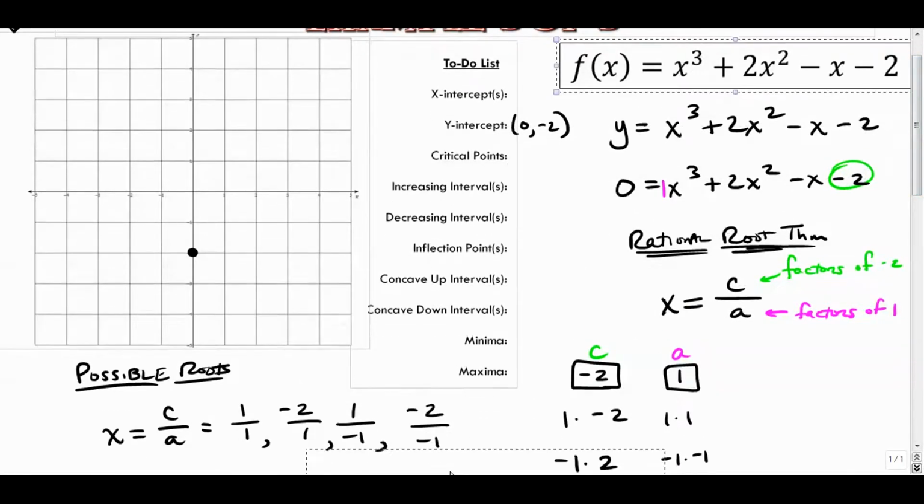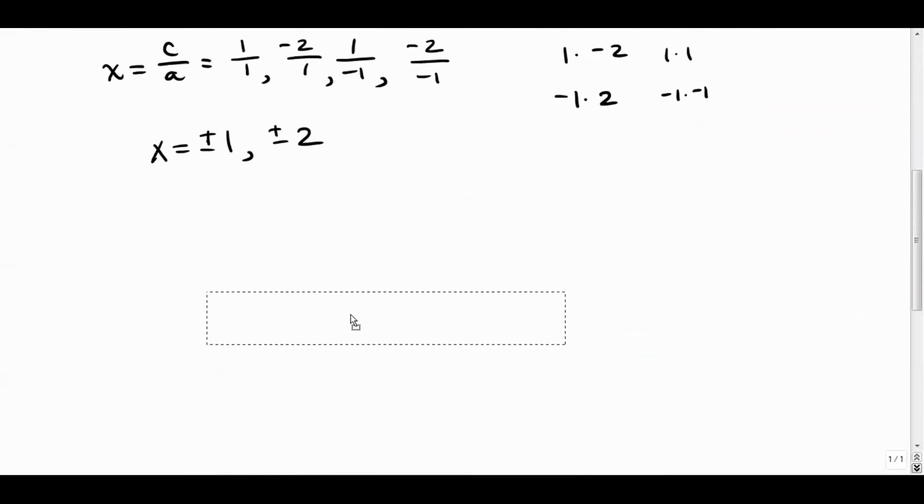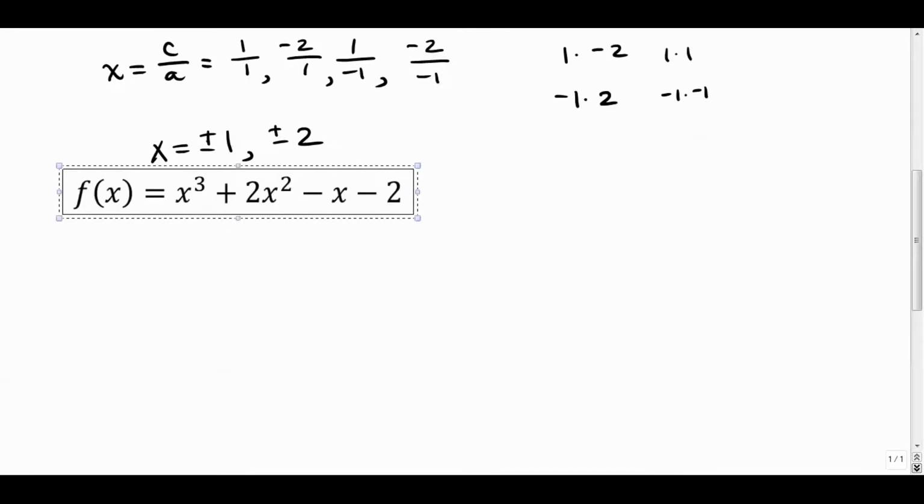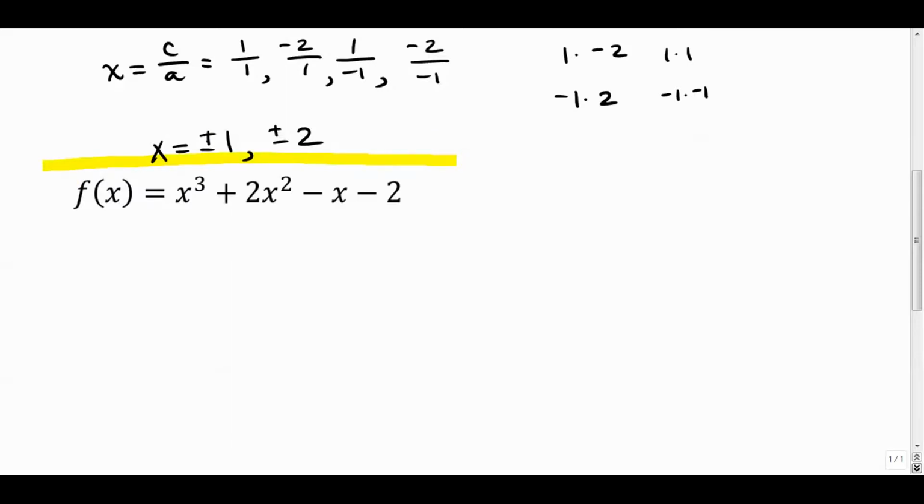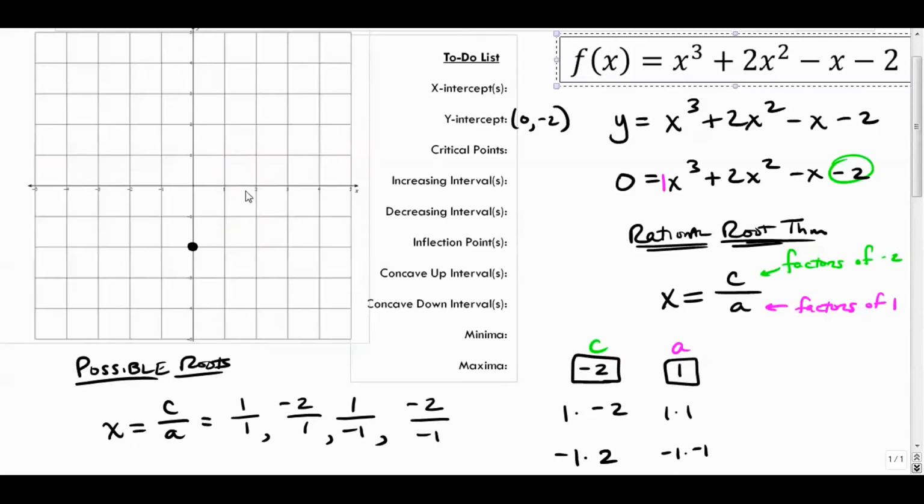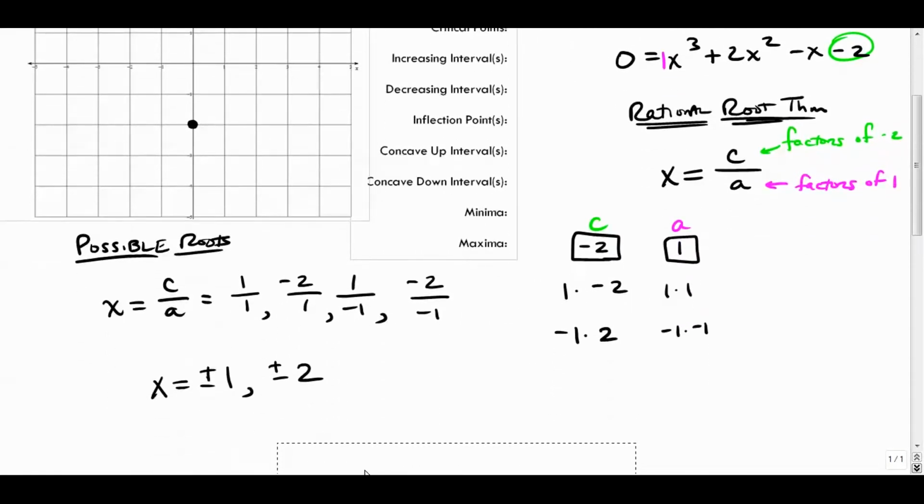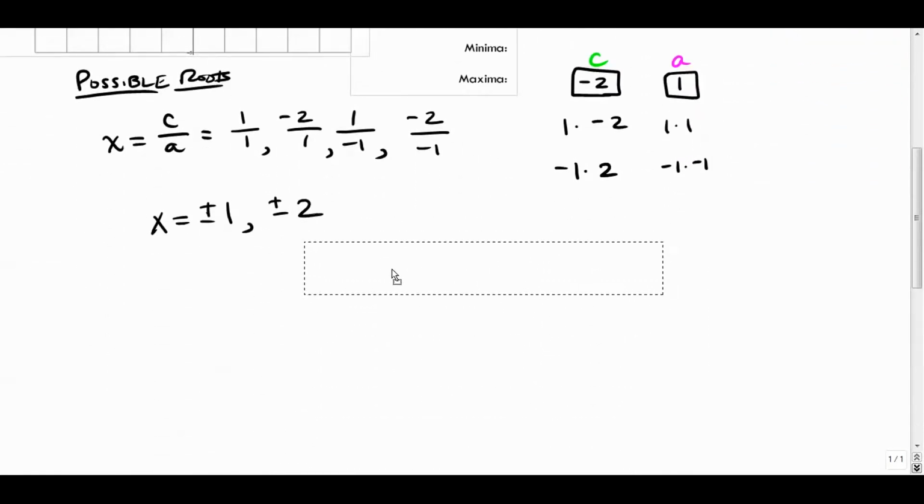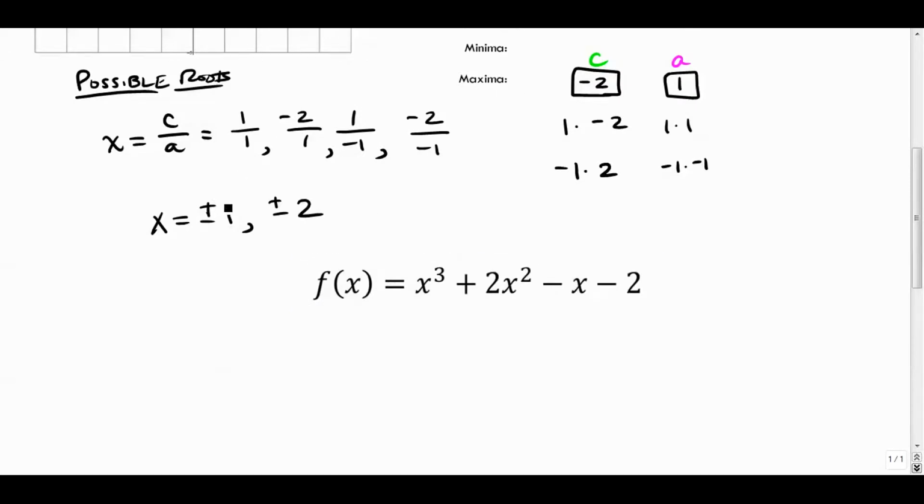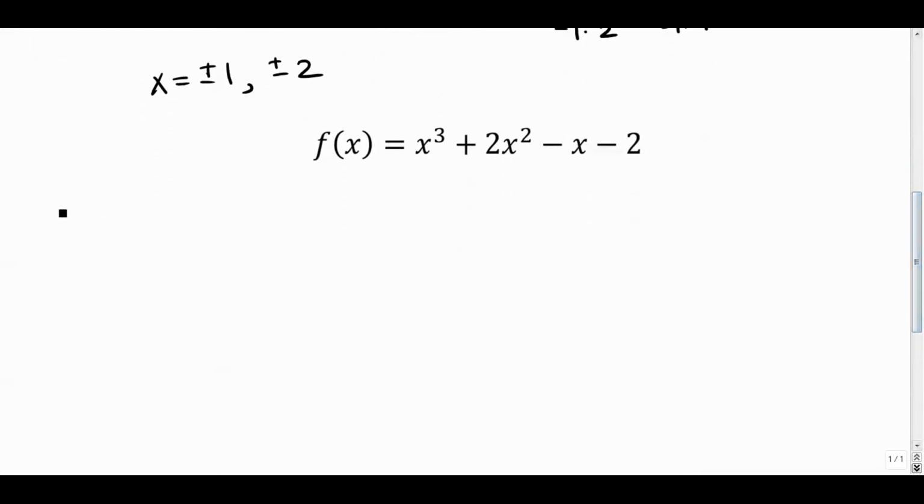what I'm going to do is bring my function down here, give myself plenty of space. Now I need to do synthetic division. Let me create a little barrier here. I'm just going to choose one of these 4 values. Let's start with +1, just randomly picking a value. And I'm going to do